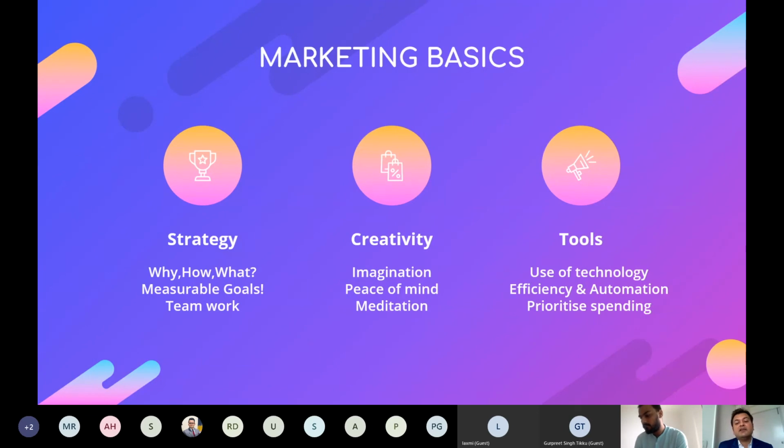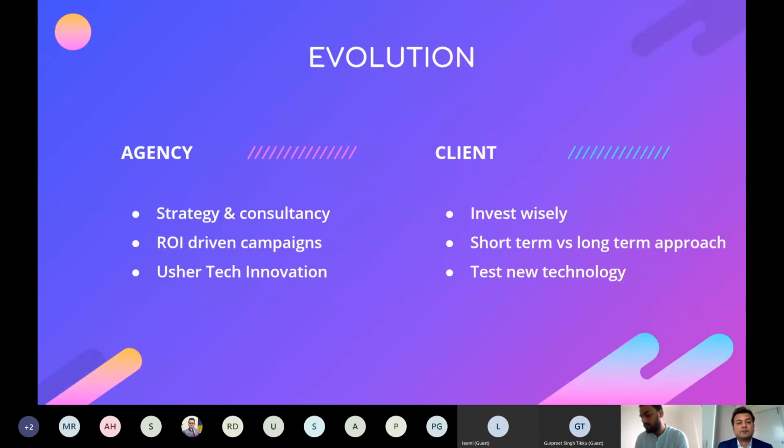And with creativity and strategy in place, the tools that we are going to share will be a very important step towards your marketing success. So the next topic is the evolution. And of course, we are talking in the COVID context. So what has happened all this while, since March, and how do I think that the roles have been changing? Shiva, just let us elaborate on this. How do you think the agency role is changing post-COVID in terms of how you are being perceived by hotels and the type of support that you should be giving them now?